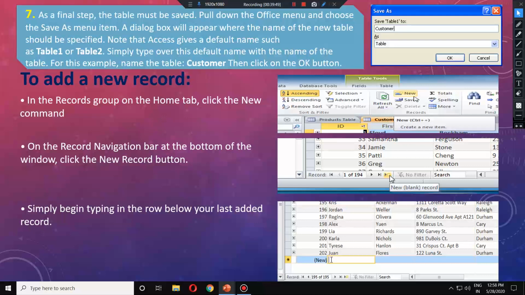Here you can see on the table tab we have the save option and the new option also. What does this new option do? If we want to enter any new record, using this new I can enter a number of records. We will enter records now one by one. So using this new button you can add new records.